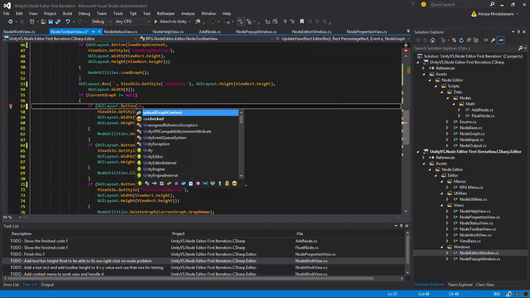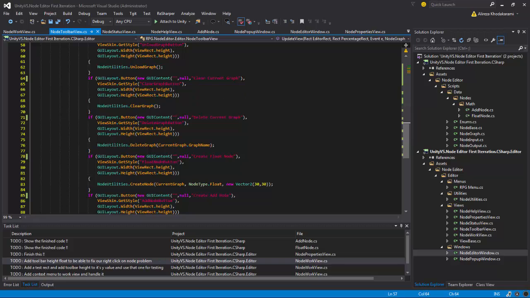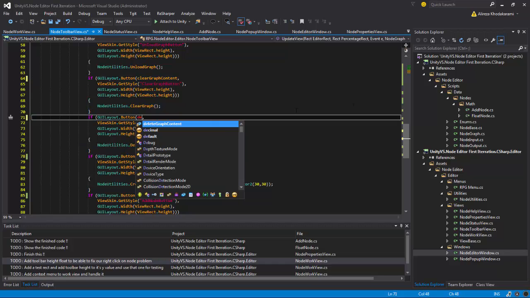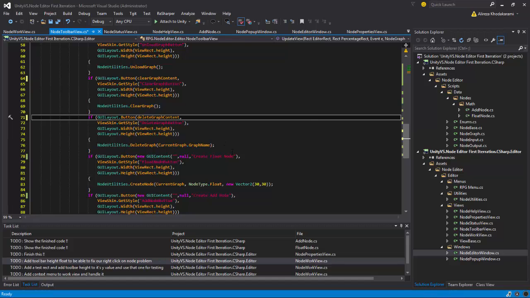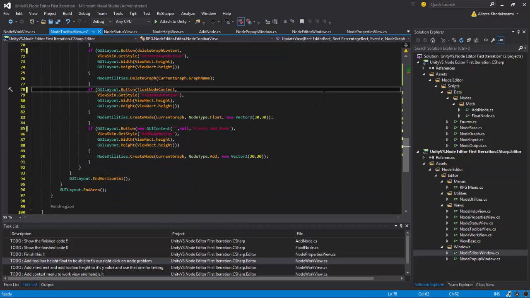So unload graph content. Clear graph content. Delete graph content. Float node content. And